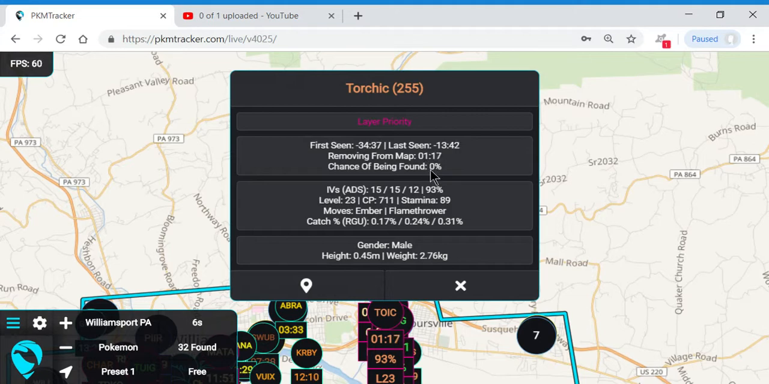Okay? You can also see detailed information regarding the IVs. That's your total IV, your attack, your defense, your stamina. We have the level of the Pokemon, the CP of the Pokemon, the HP of the Pokemon, its move set, the chance of catching it with a regular ball, a great ball, and an ultra ball, its gender, its height,